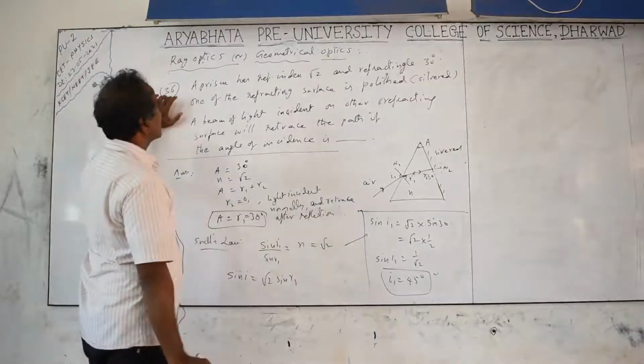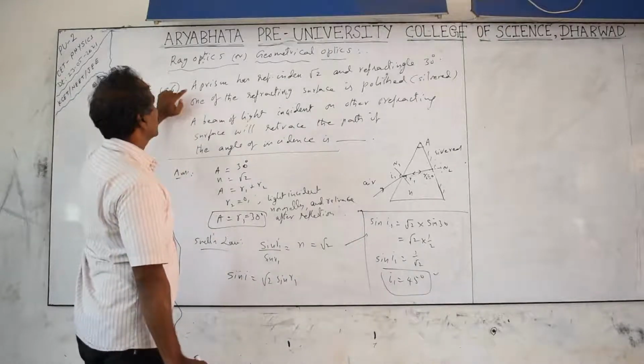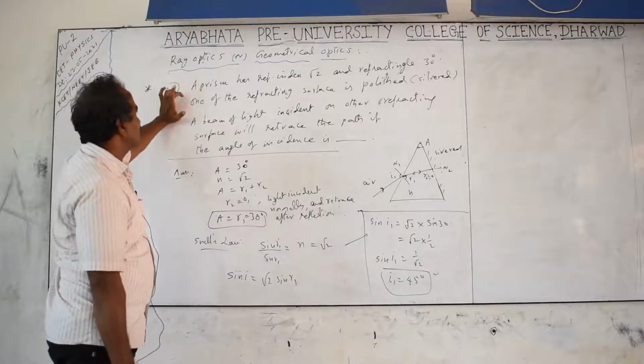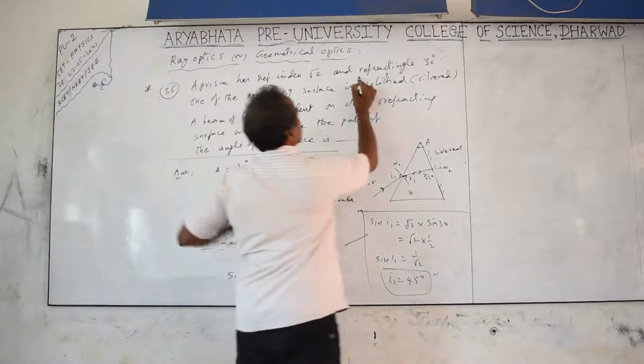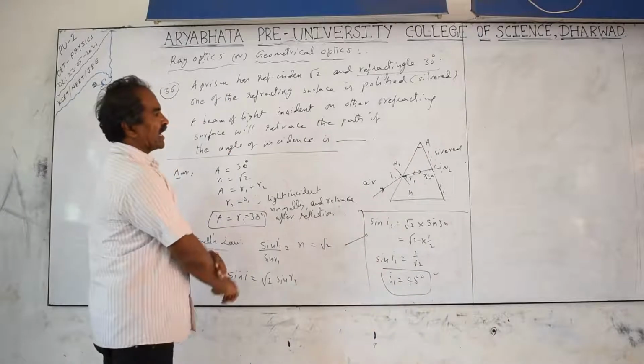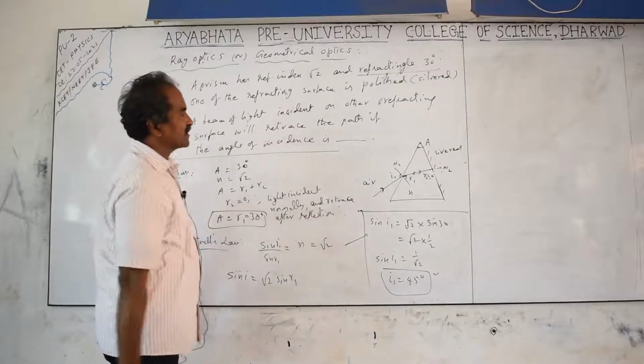Next problem 36. Previous class we stopped at this problem. A prism has a refractive index √2, prism material it means, and refracting angle is 30 degrees. That means angle of refraction it is... Refracting angle, not angle of refraction. Careful with the term. Refracting angle means the angle between the two refracting surfaces, called the angle of the